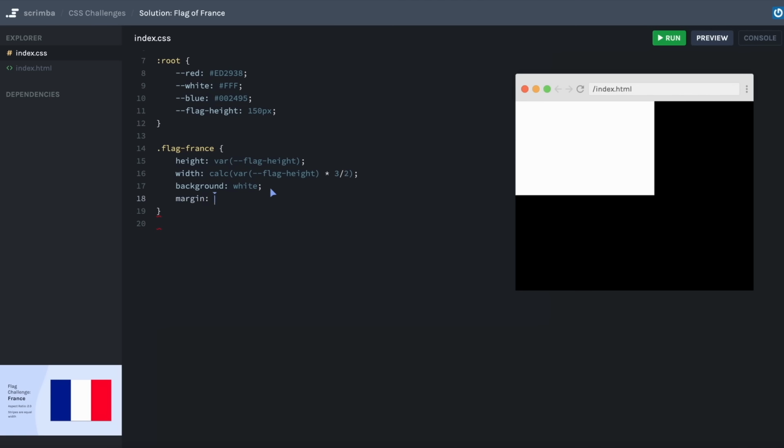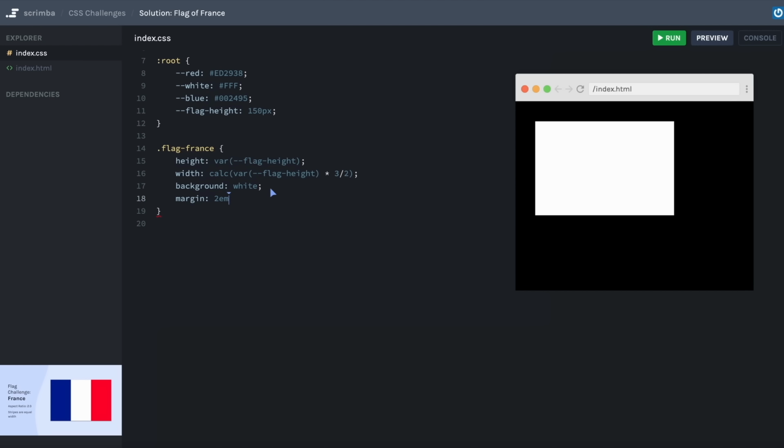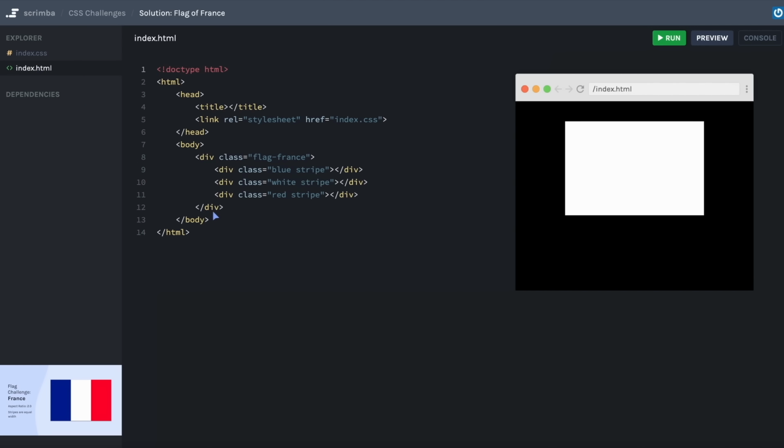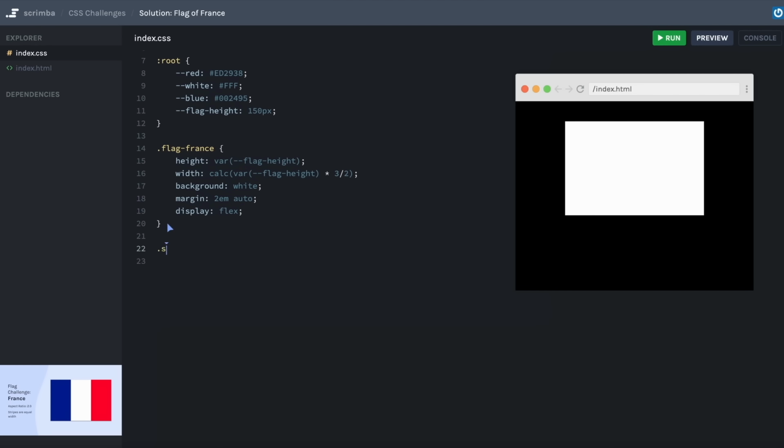Let me give this a little bit of space by adding some margin. And then I will make sure that my flag container is a flex container. If we look at the HTML, you'll see that each one of my 3 stripes has a class called stripe, which I can use to style all 3 stripes. So I will select that class, and to it I will add a flex grow of 1, and that is